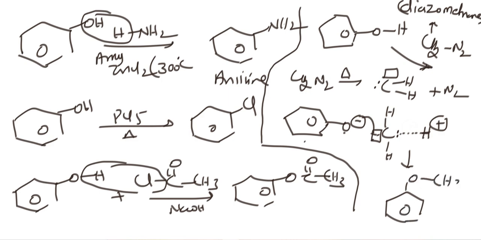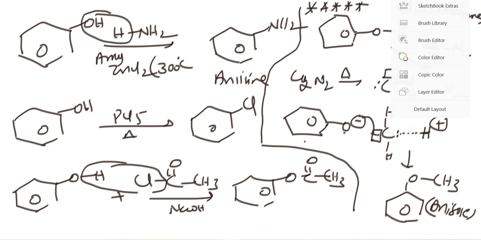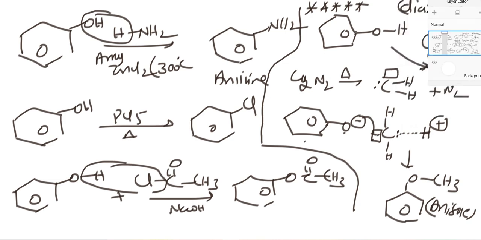Okay, this is the ring OCH3. One of the preparations of anisole, this is ether preparation, the most important. This is for IIT JEE. Okay, for IIT JEE it is important. It is not there in the NCERT. But the thing here is carbene formation, and that carbene is inserted between O and H. That is the deep mechanism. I hope it is clear. So all these are the chemical properties of phenol. Yes. The next preparation.